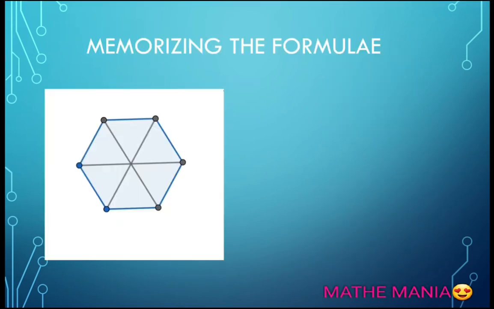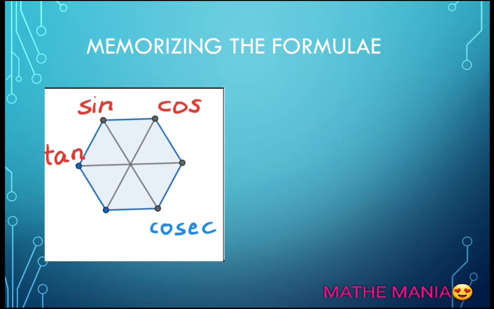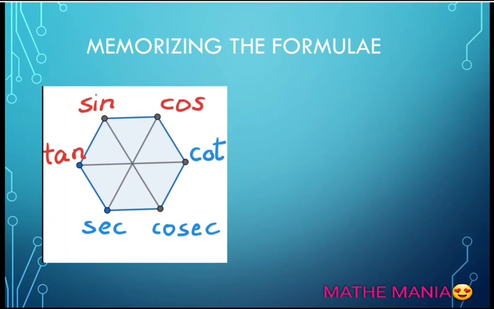For this we are going to consider a hexagon. This hexagon will let us remember and recall almost every formula which we have done in class 10th. So let's see how we can make this hexagon. You know that tan theta is equal to sine theta upon cos theta. So we are going to write three ratios on the three corners of this hexagon in order: tan, sine and cos. And then we will write the reciprocal of sine in front of sine, and same way reciprocal of cos in front of cos and of tan in front of tan. Okay, our hexagon is ready.